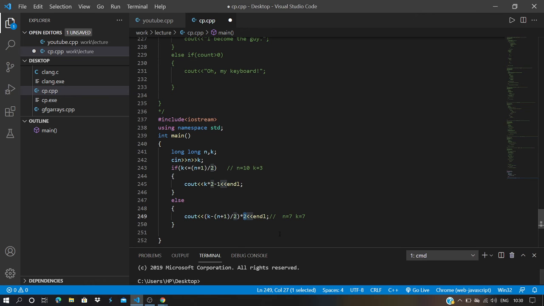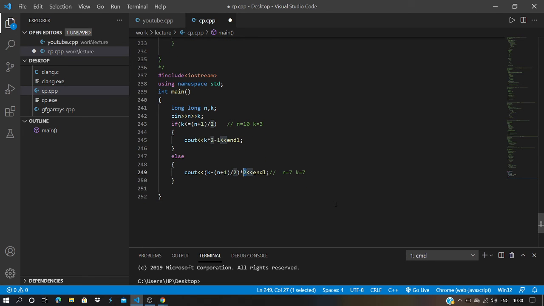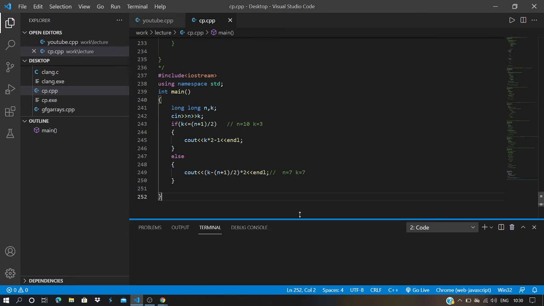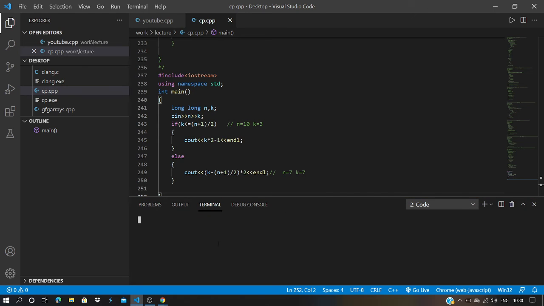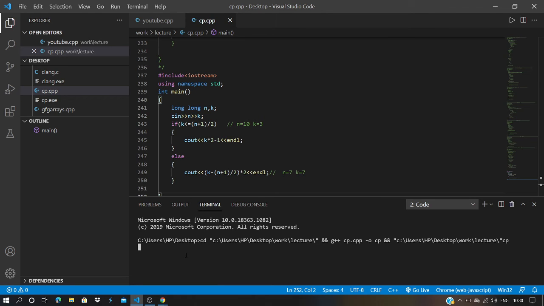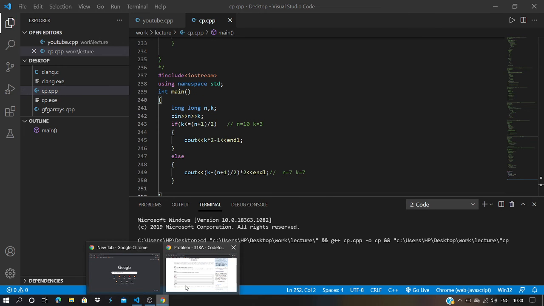I'll show you by compiling this. Just save it, and I'm running the code. So what was the test case?